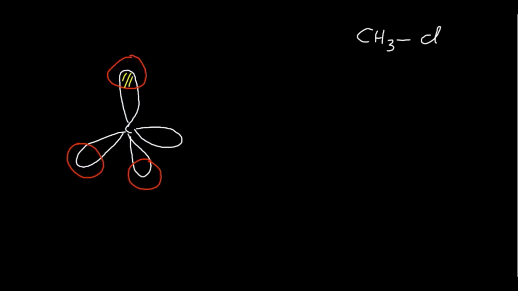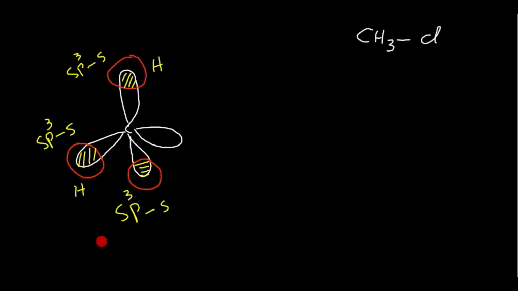Here we have hydrogen and an sp3-s overlap to get a sigma bond between carbon and hydrogen. Likewise here, this is hydrogen, and the overlap is sp3-s overlap. Similarly here, carbon and hydrogen, sp3-s overlap. In this way, we get 3 sigma bonds by the overlap of carbon with 3 hydrogen atoms.